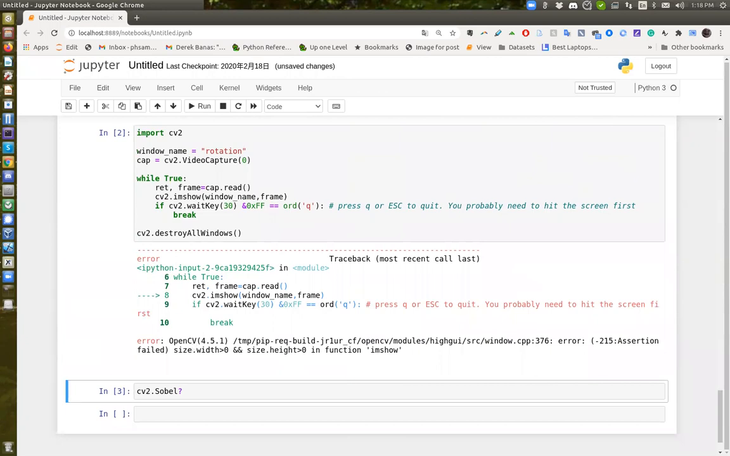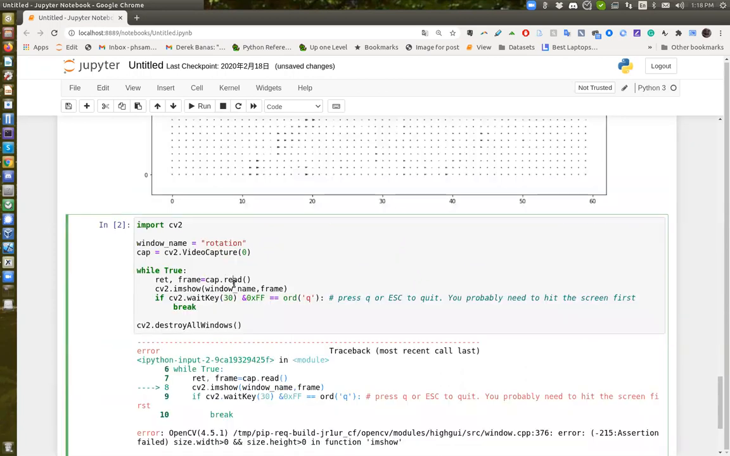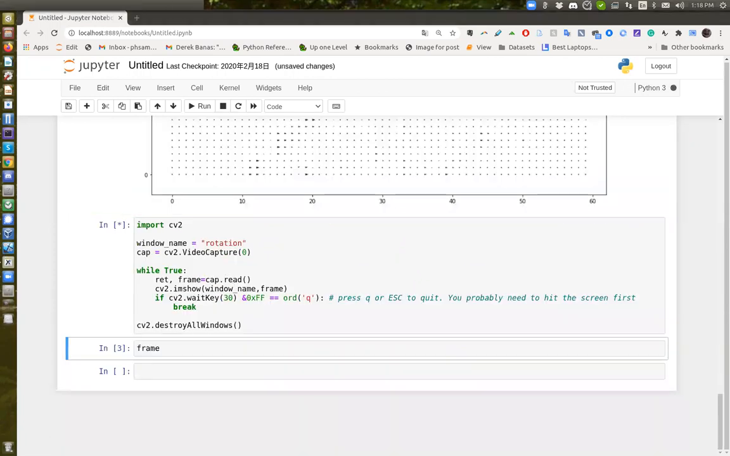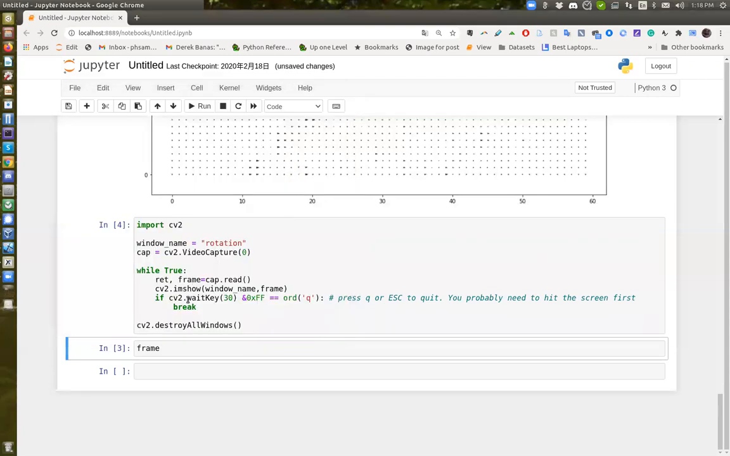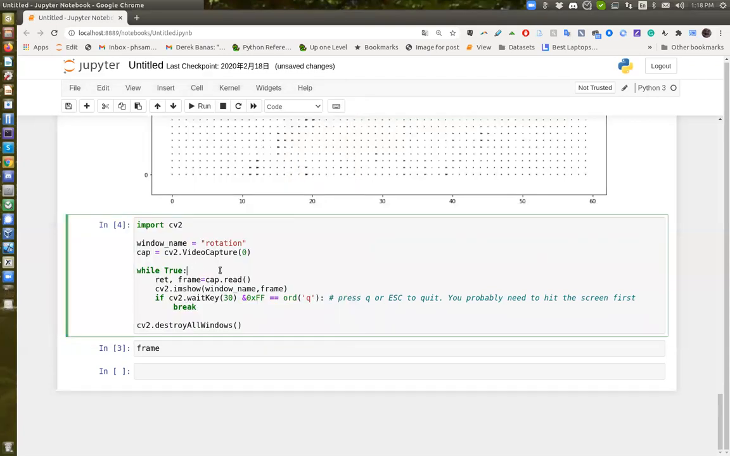Maybe it's not image show. Let me make sure. Or just show. Yeah, it's imshow. So what's wrong? Let's see. I don't have the frame there. I probably need to run again. So okay, now I got it. So that works as usual. Now let me